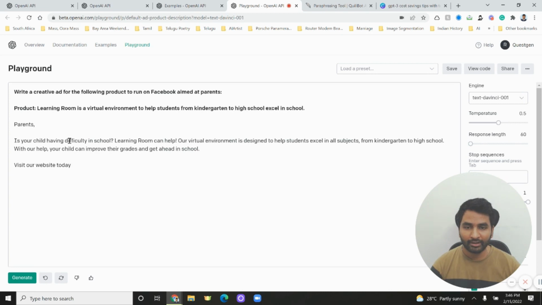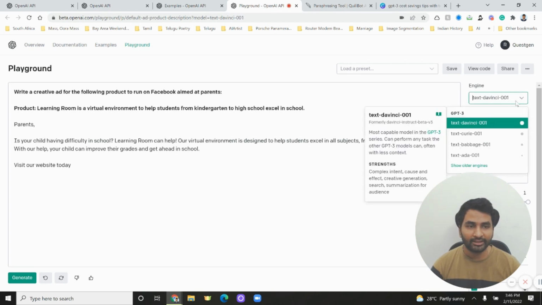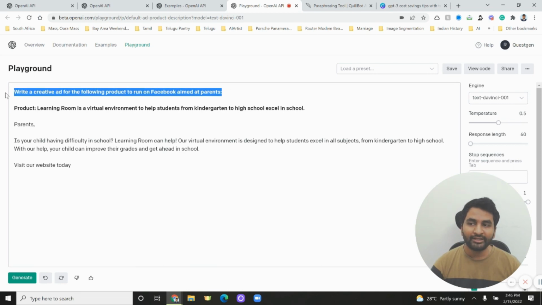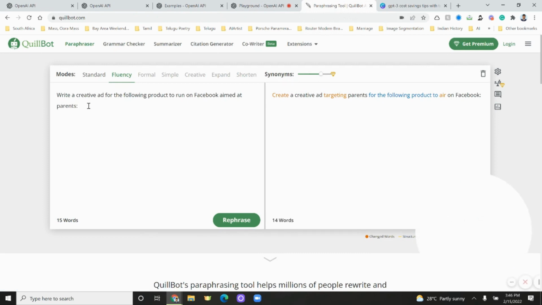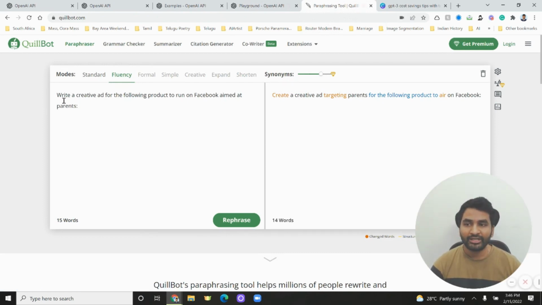Awesome, we got some output here, but as we can see, here's our prompt for this product, and we have some instruction here, and we are choosing the text-davinci-001 model, which is actually InstructGPT-3. Now what we can do is take the instruction and use something like Quillbot, where we can paraphrase. As you can see, I've used Quillbot to paraphrase this original sentence into this, and now you can go ahead and paste the original sentence and paraphrased version in